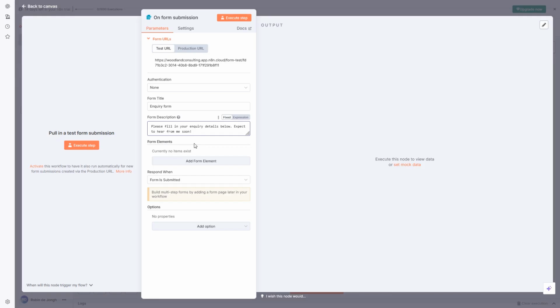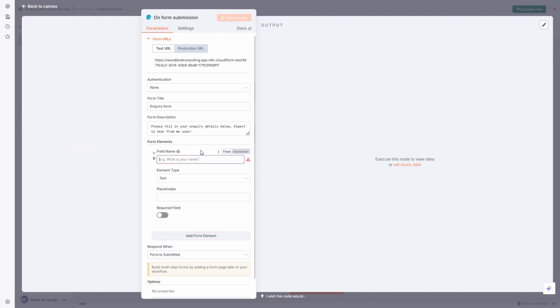So all we have now is a title and a description. We need to add a form element. So what we're going to want to do is set up the things that we want to collect. So the field name, again, if we hover over there, this is the label, but it's also going to be the name that you can use to refer to it later. So you want that to be descriptive but relatively short,